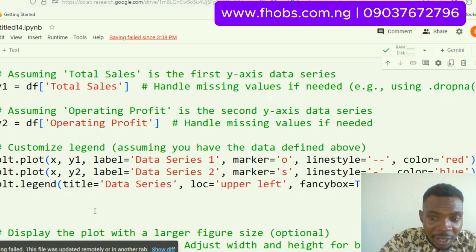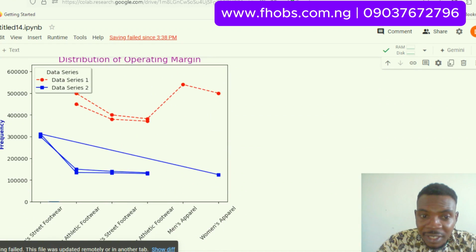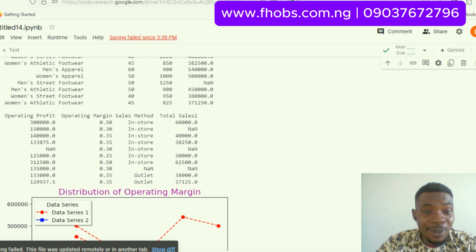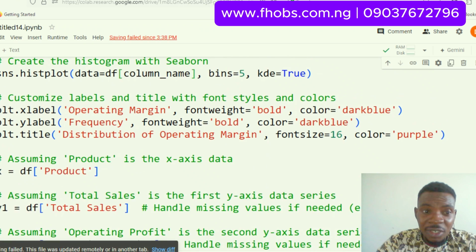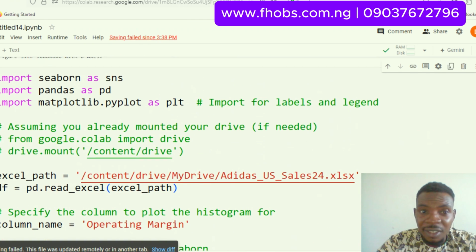If we put it here and run the code, this would make those labels slant to the side, and there we go. So actually there are several ways of getting things done here. One would need to research, ask questions, look out for more things, and gradually